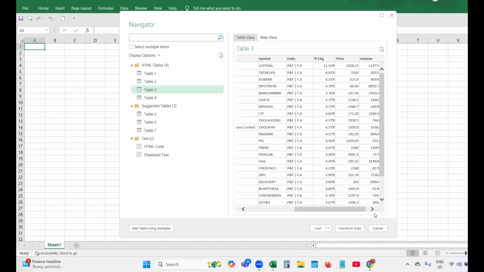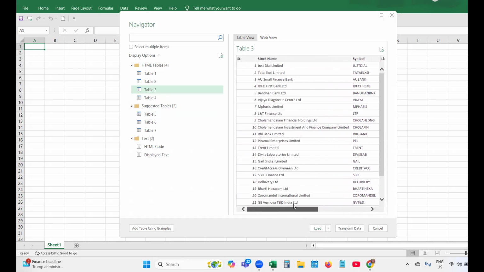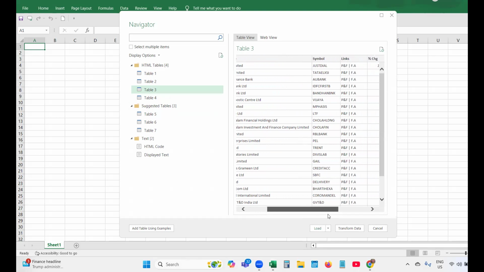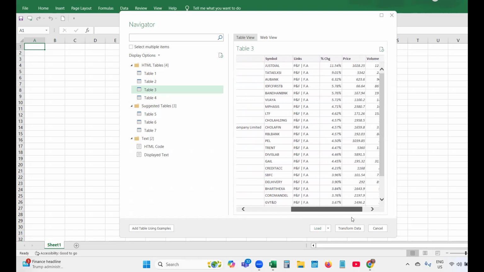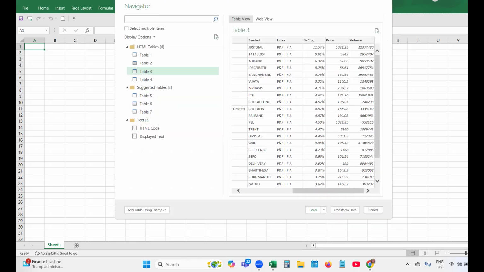We are getting all these things. See, if you scroll it, stock name you are getting, symbol you are getting, percentage change you are getting, and price you are getting, volume. That is enough for us. So we will click on this table, table 3.